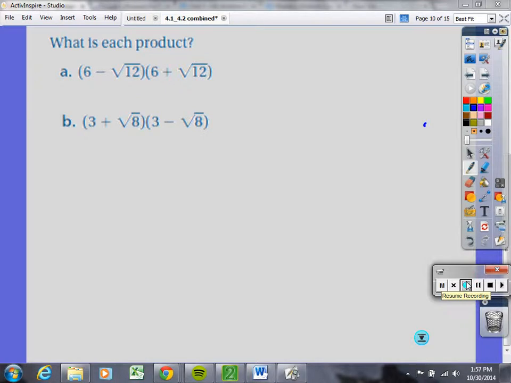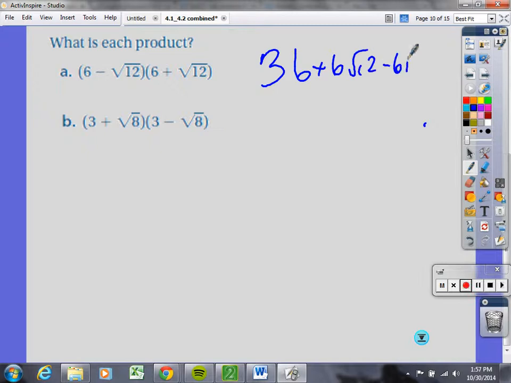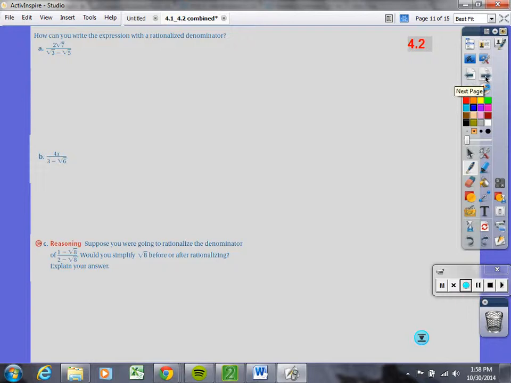Hey, once again, these guys are called conjugates. We've talked about conjugates in the past, right? A difference of squares goes into conjugate pairs, don't they? So with that being said, when we multiply conjugates, what's the nice thing about conjugates? The middle terms, I'll just show you really quick. And then that's root 12, that's minus 12. So the middle terms always reduce out, right? That's the nice thing about conjugates, correct? So that just becomes 24. All right, I'm not going to do the second part of that. But when we have,